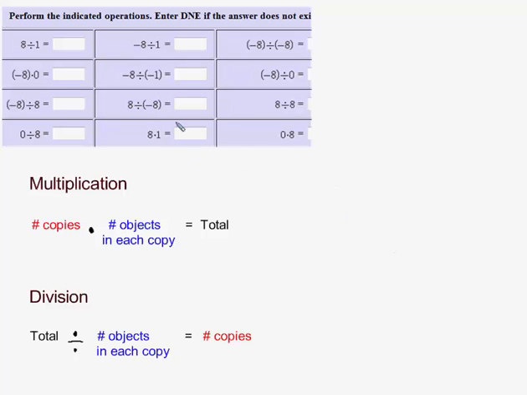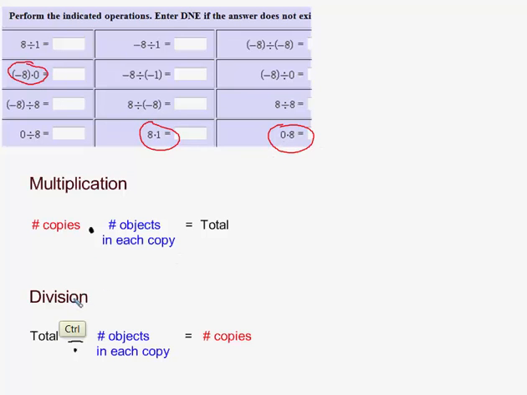In this problem we are given several either multiplication problems or division problems, and we are to perform that indicated operation. If ever we have a problem where the answer does not exist, we are to write D and E for that problem. So one way to do the problem is to systematically go through and look at each of the multiplication problems. I see about 3 of them, and we will look at them differently than we will the